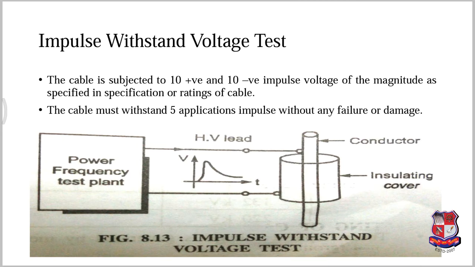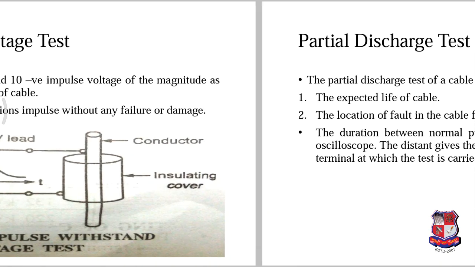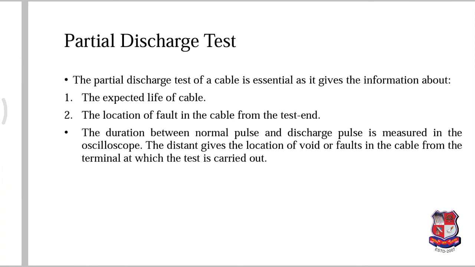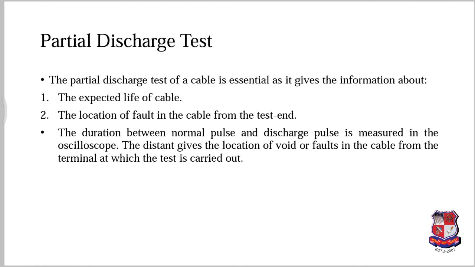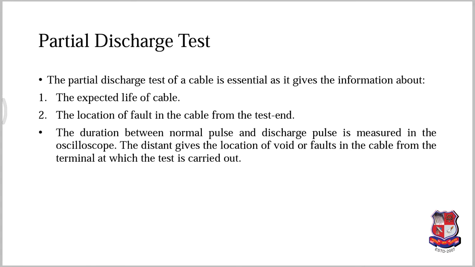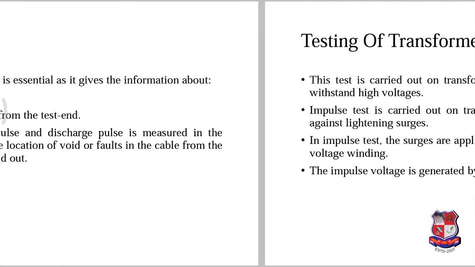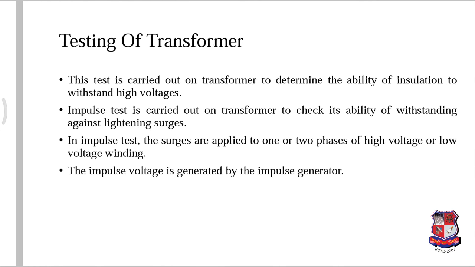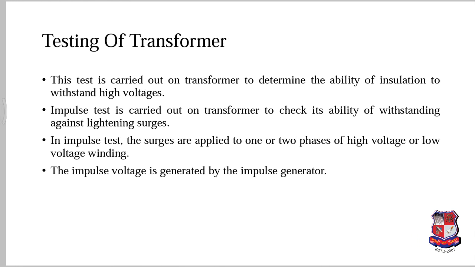This test is carried out to prove the rating of the circuit breaker, as the short circuit capacity is written on the circuit breaker nameplate. The short time current test verifies the capability of the circuit breaker to carry the current for 1 or 3 seconds. The making capacity test verifies the ability of the circuit breaker to close on short circuit current. The short circuit test is an experimental method for proving the rating of the circuit breaker.